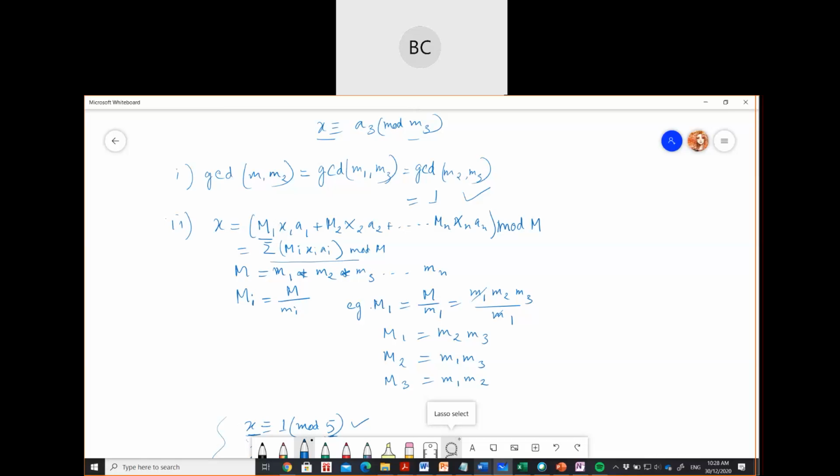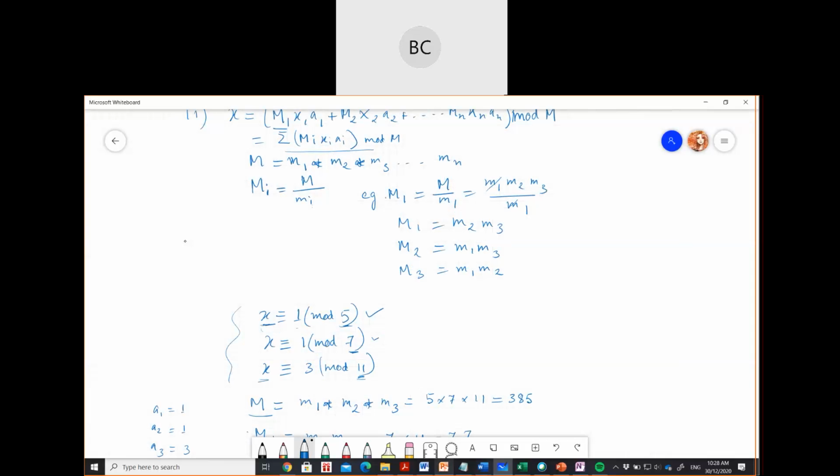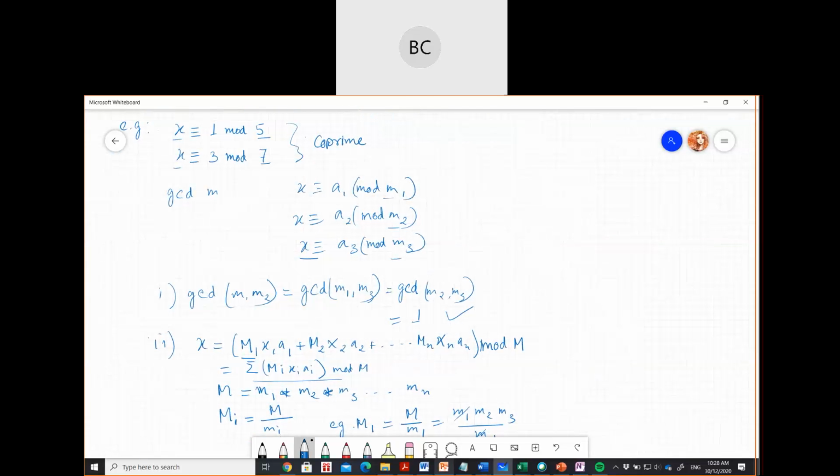Now M is, you have to just check how many equations are there. Okay, then if there are three equations, then you just need to multiply these values. Okay, these are your m and these are your a. Okay, it can be anything. It's not mandatory that you will just use these values. Just remember, these are a values and these are what I considered m values here. Okay,